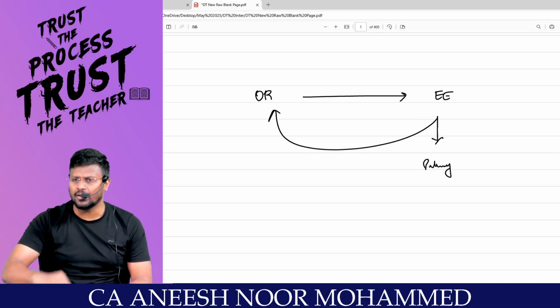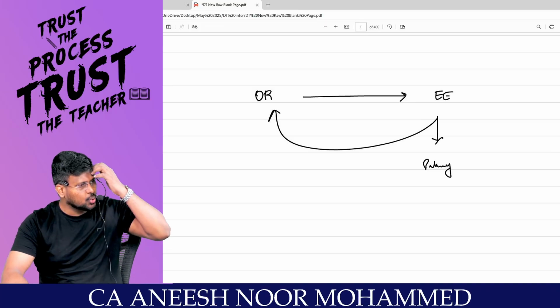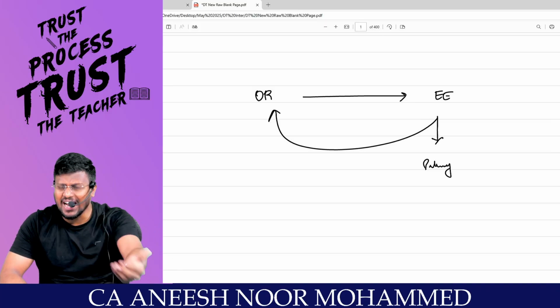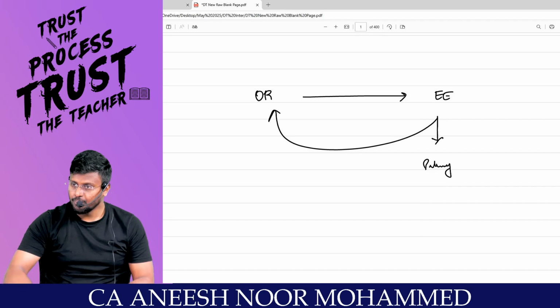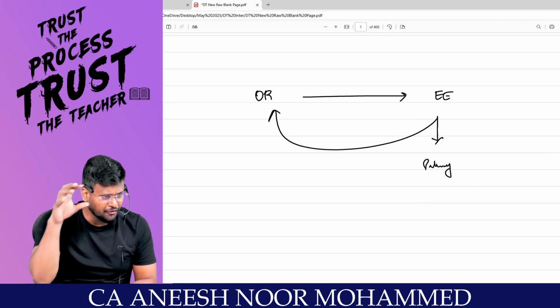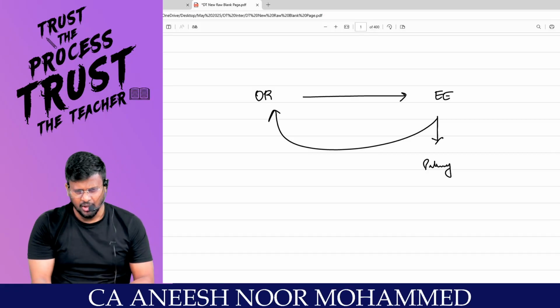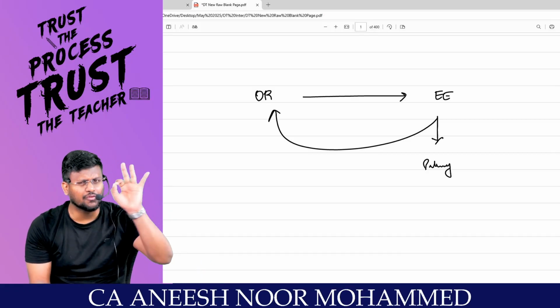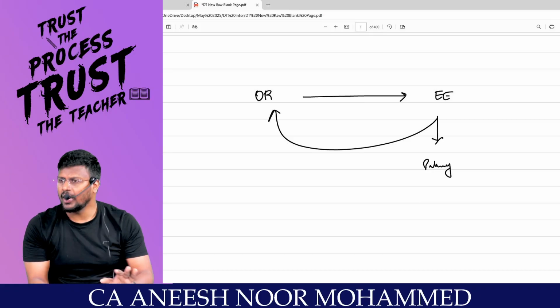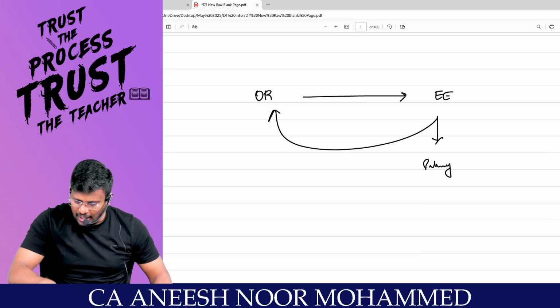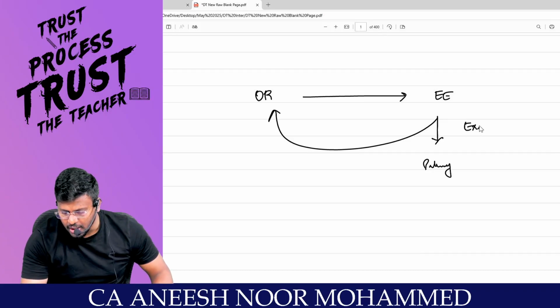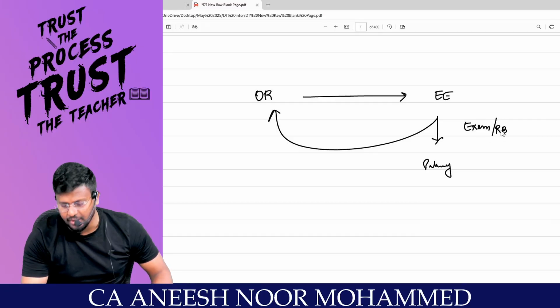Are you getting it? So my dear lovable students, what the Income Tax Act is saying is that at the time of adding those amounts, a certain amount you can reduce. You don't include 100% of the amount received from the employer. That is the exemption, or what benefit? Retirement benefit.